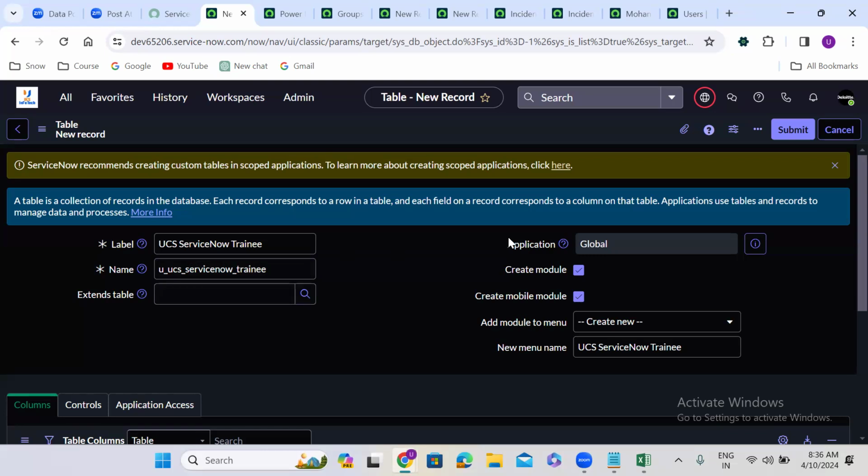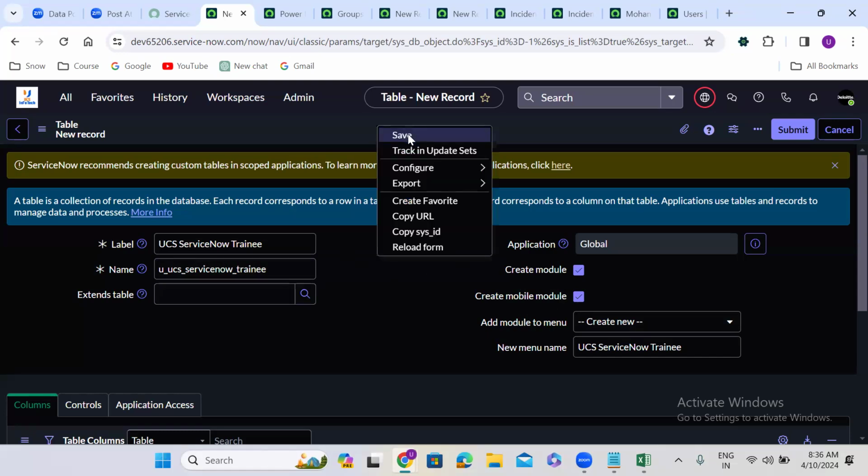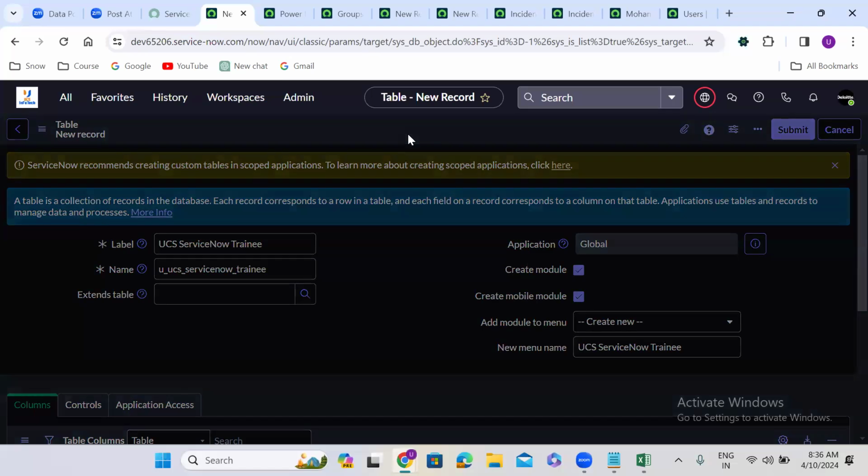So we will come to this particular extends table, create module, and these points later. I'm just creating a table in the database. So just save this one. I created a table in the database now. As soon as I create a table in the database,